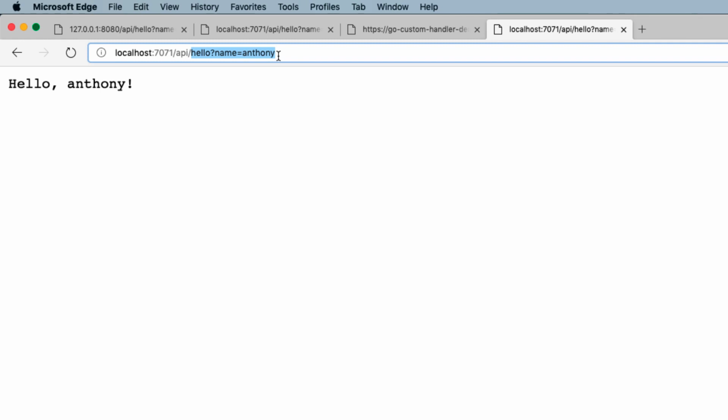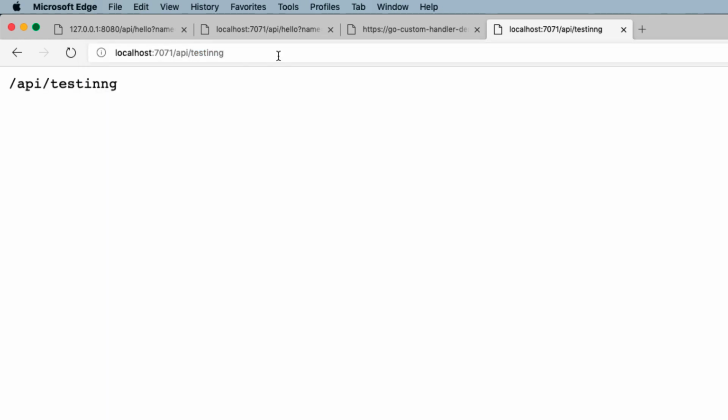But now when I go and change it to some other value, say for instance /API/testing, you can see that it's actually hitting this other endpoint that I created. So now I have this one single function that will forward all requests under /API to my custom handler app. So that makes it really easy to convert any REST APIs or HTTP APIs that you might have into a